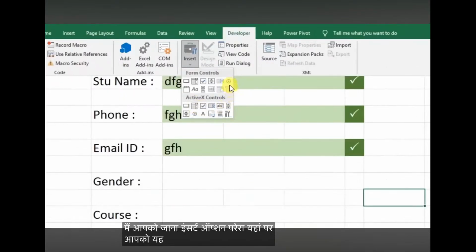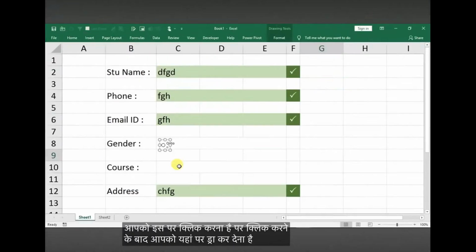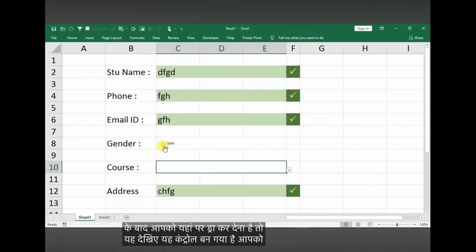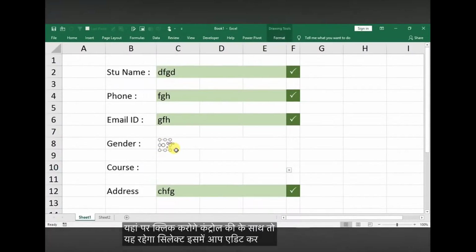ठीक है, डेवलपर टैब में आपको इंसर्ट ऑप्शन पे जाना है, ये रहा, यहाँ पे आपको फॉर्म कंट्रोल दिखाई देगा, ऑप्शन बटन, ये गोल गोल सा, तो आपको इस पे क्लिक करना है और क्लिक करने के बाद इसको यहाँ पे ड्रॉ कर देना है। तो ये देखिए, ये एक कंट्रोल बन गया है, आपको यहाँ पे कंट्रोल की के साथ क्लिक करना है तो ये सिलेक्ट हो जाएगा, इसमें आप एडिट कर सकते हो, कोई भी चेंज कर सकते हो। यहाँ से इसकी विड्थ को हम बढ़ा देंगे इस तरह से।